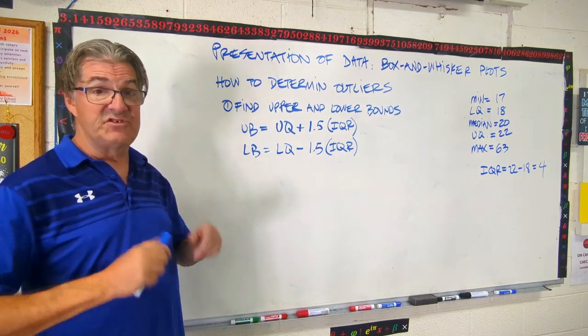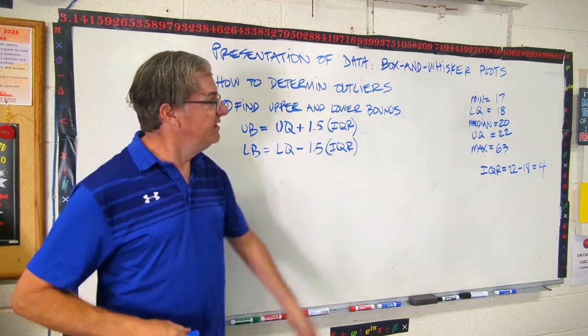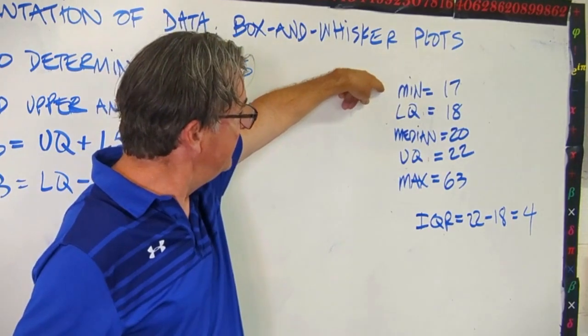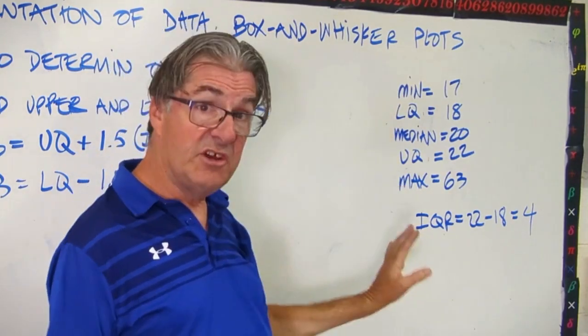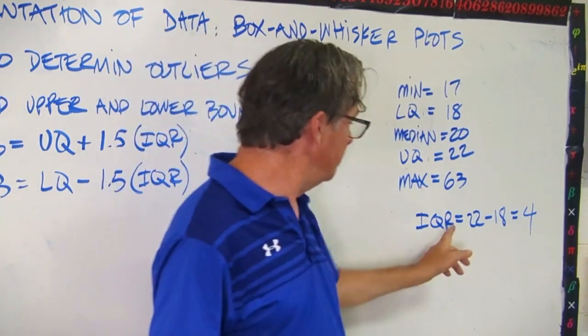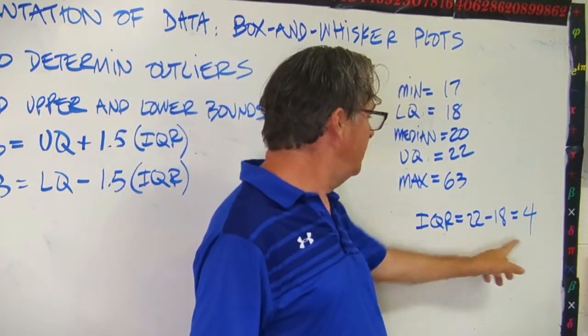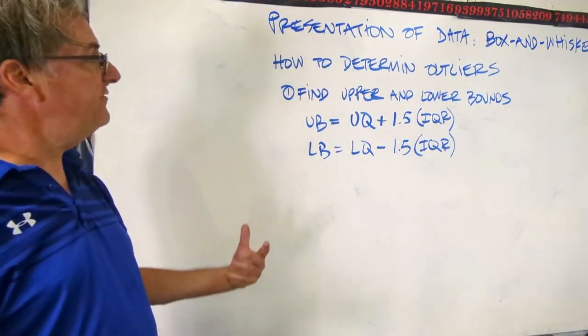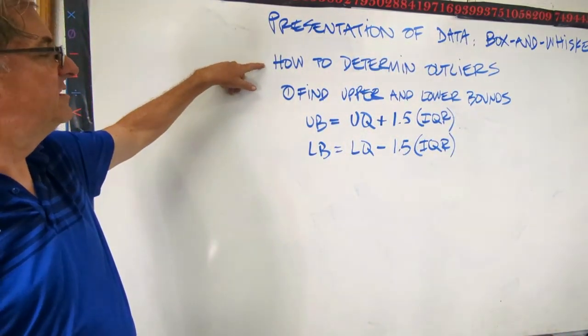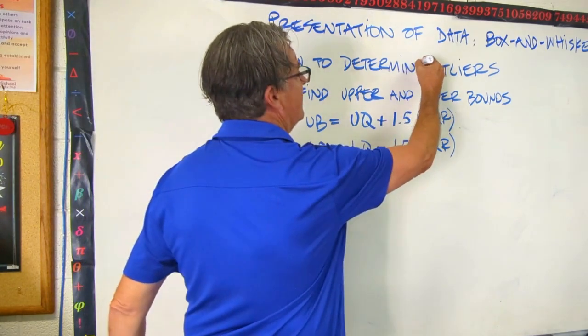We're working with the ages of students in the university chem class, and here we are. We had our min, lower quartile, median, upper quartile, and max. And then we're also going to need our interquartile range, which was just calculated here as 4. Okay, so what we have to do to determine outliers,